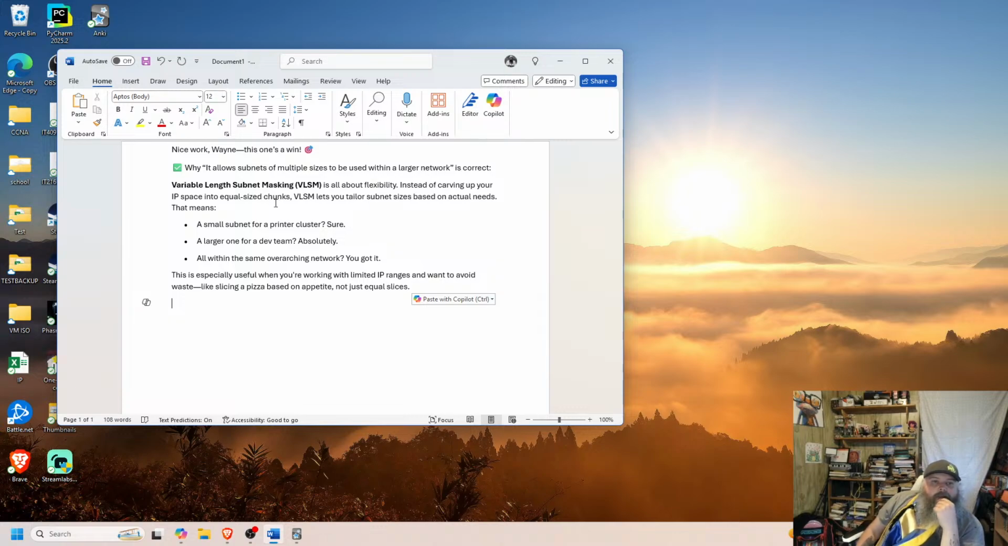Small subnet for a printer cluster, sure. A large one for a dev team, absolutely. No, we laid off the dev team, budget cuts. It was unfortunate. We have AI. We don't need them anymore. All within the same arching